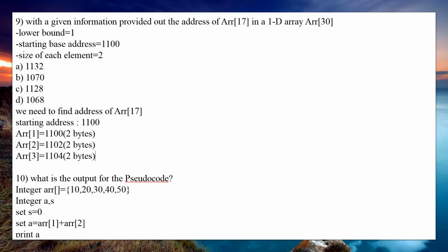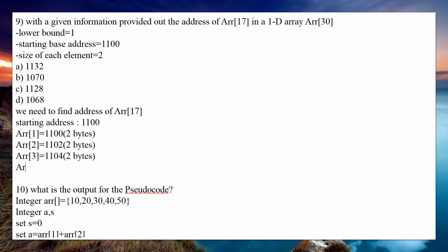For the next address you add 2. Similarly for ARR of 4, add 2 again, it will be 1106.